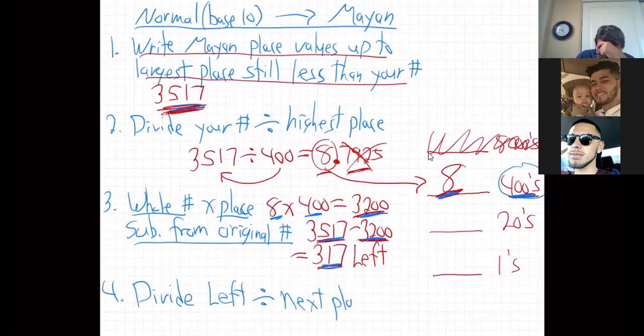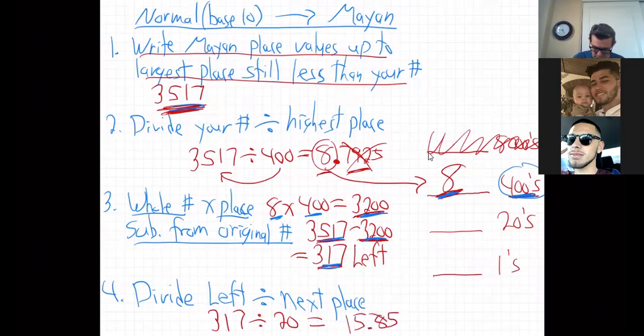You just go down the list, starting at the highest place value and moving down. So divide what's left by the next place. Okay. So then you would divide 317 by the 20s, correct? Exactly. Good. So take the 317 and divide by the 20s. Use your calculator. I have no idea what that is. Divide by 20. Looks like it's